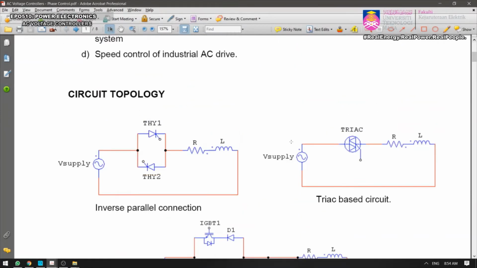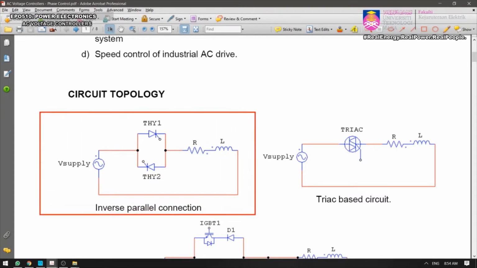We're still on the same inverse parallel connection circuit, but now we have a different control technique for thyristor 1 and thyristor 2, and therefore a different output voltage waveform, but it is still periodical, and therefore we can have a different level of RMS voltage and also of the fundamental of the